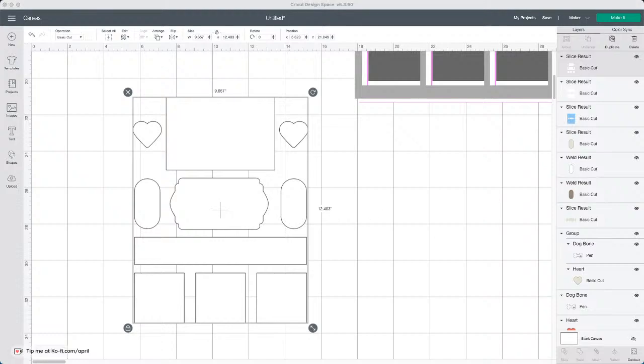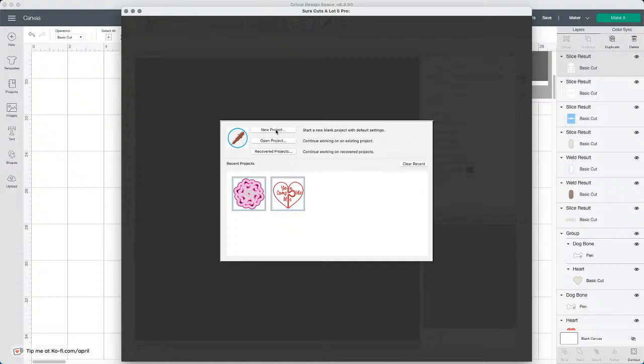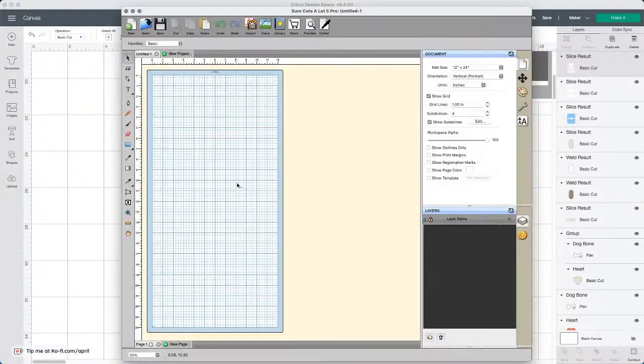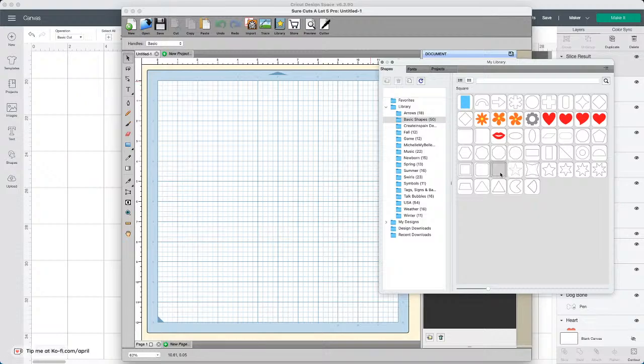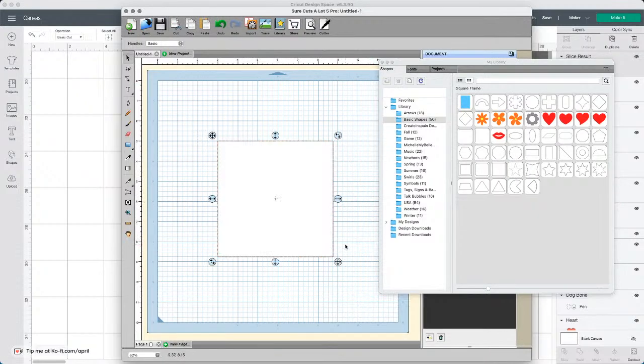And for my Escal people, I'm going to pull it up and just show how quick and easy it is with that inset. If I can get it to open. There it goes. And you can see I've been working on some things in here. I've been playing. Let me change that to a 12 by 12 mat. There we go. So basically what you would do is come to your library, get your square, size it up,